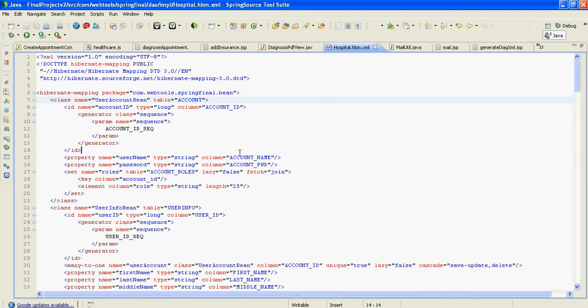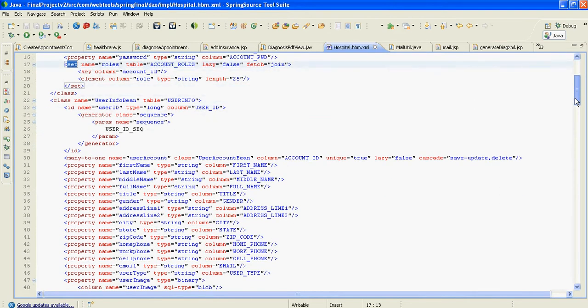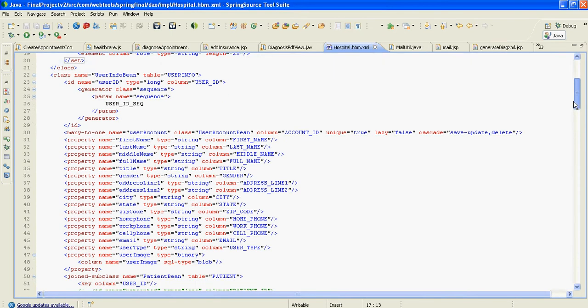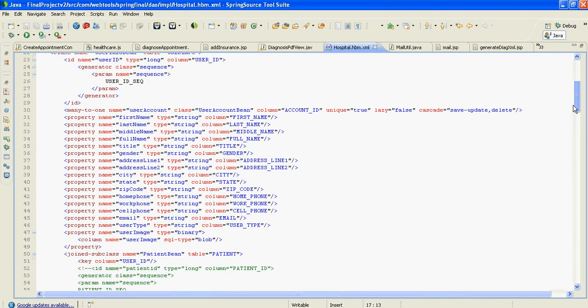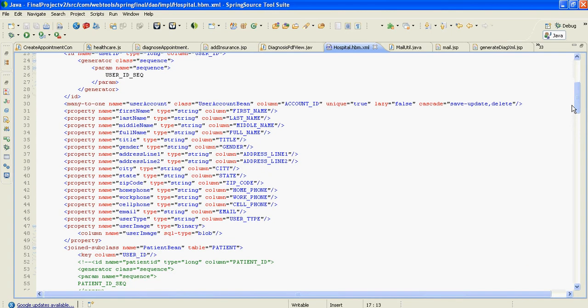Here in the Hibernate config file, I've created a user account bean. It takes the account name and password. Then it takes the set property, which stores all the roles, in case I need multiple roles, although currently I'm just supporting one role. In future, you might need to support many roles.